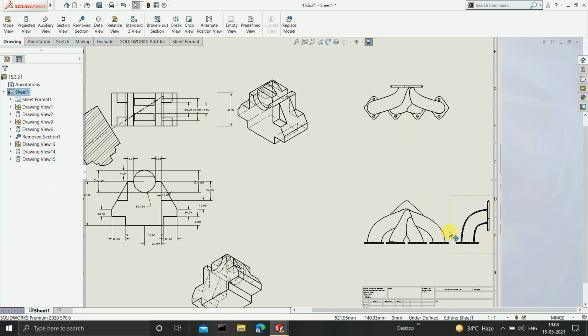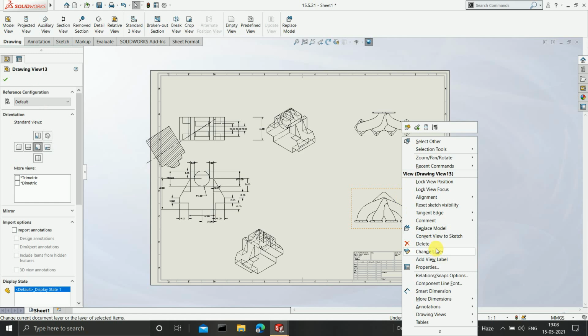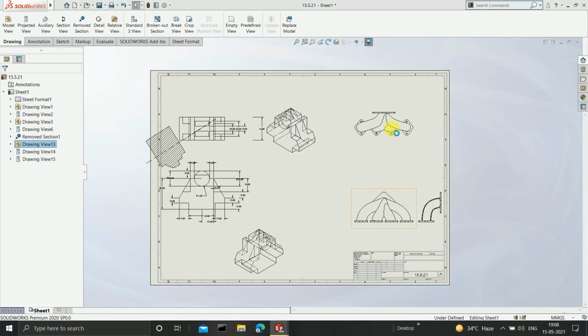So this is the simple meaning of standard 3 view. These are the 3 standard views, and if you select this option for a part, then you will get these 3 views automatically. You don't have to select them individually in create multiple views. Okay, now I will delete them because there is no space again.